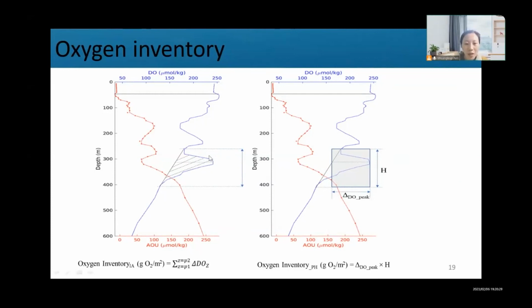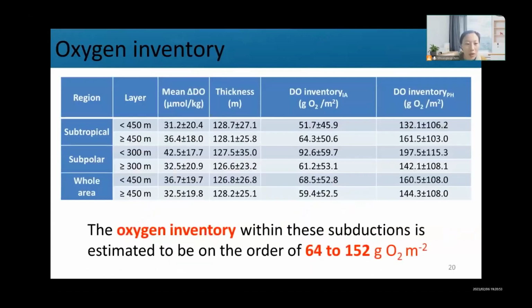On the left, it's based on the anomaly referring to the background of the dissolved oxygen, and on the right is based on the maximum oxygen anomaly within the subduction patch. So it's the maximum potential of the oxygen inventory. In total, the oxygen inventory within this subduction patch was estimated to be around 60 to 150 grams of oxygen per